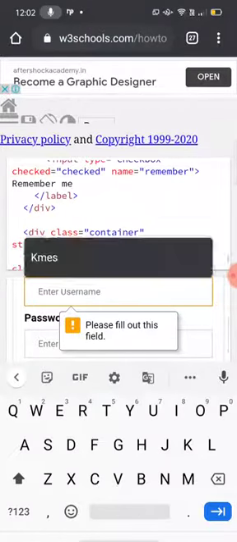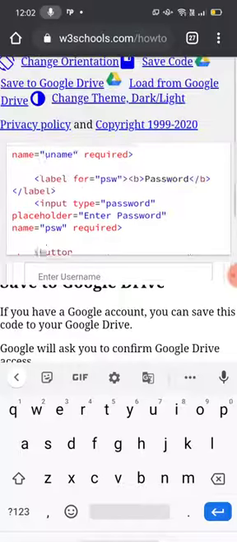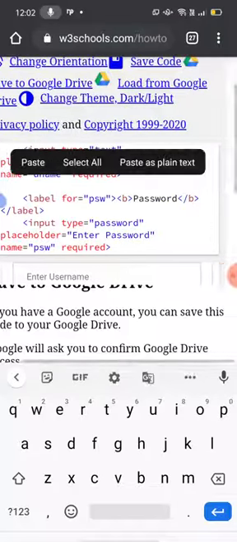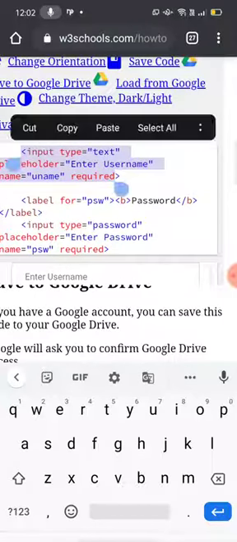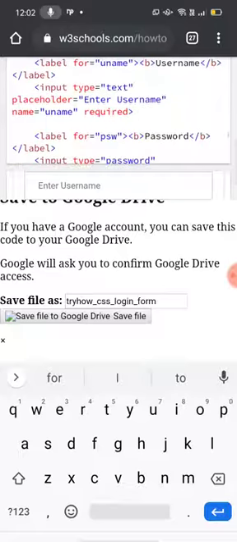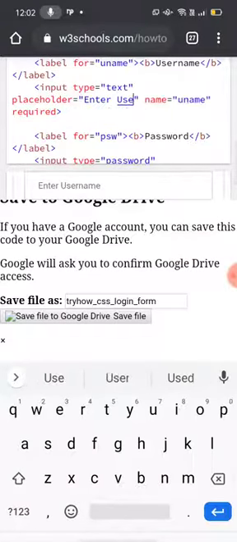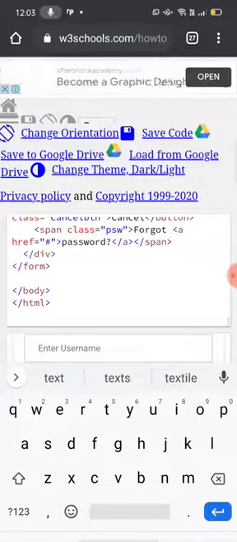Okay, the term required you have given over here, password too. See over here, for username you have written required, input type is equal to text, placeholder enter username. Here, in this enter username, I am removing it and writing enter some text and running this.